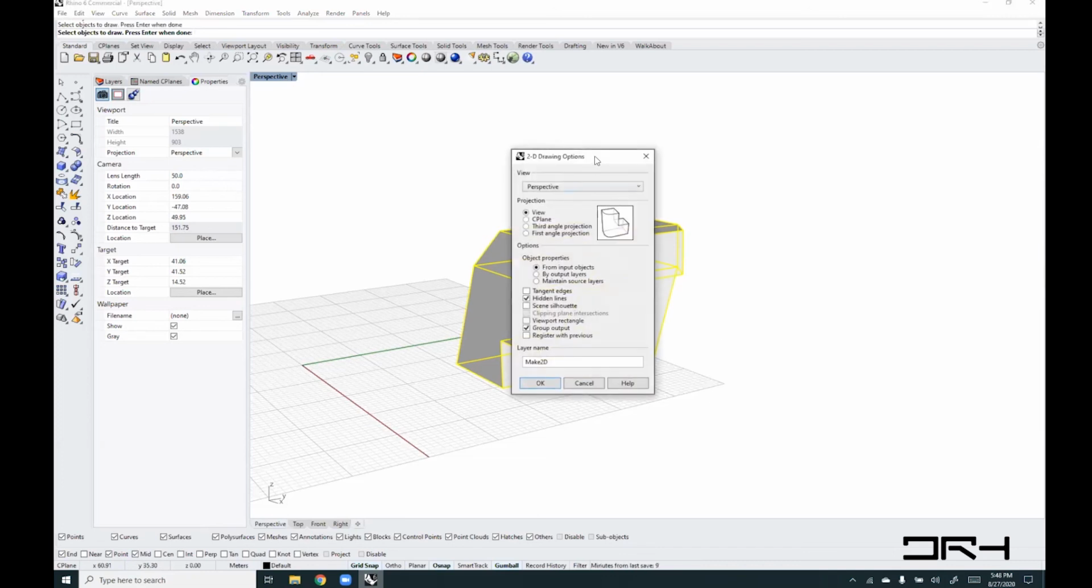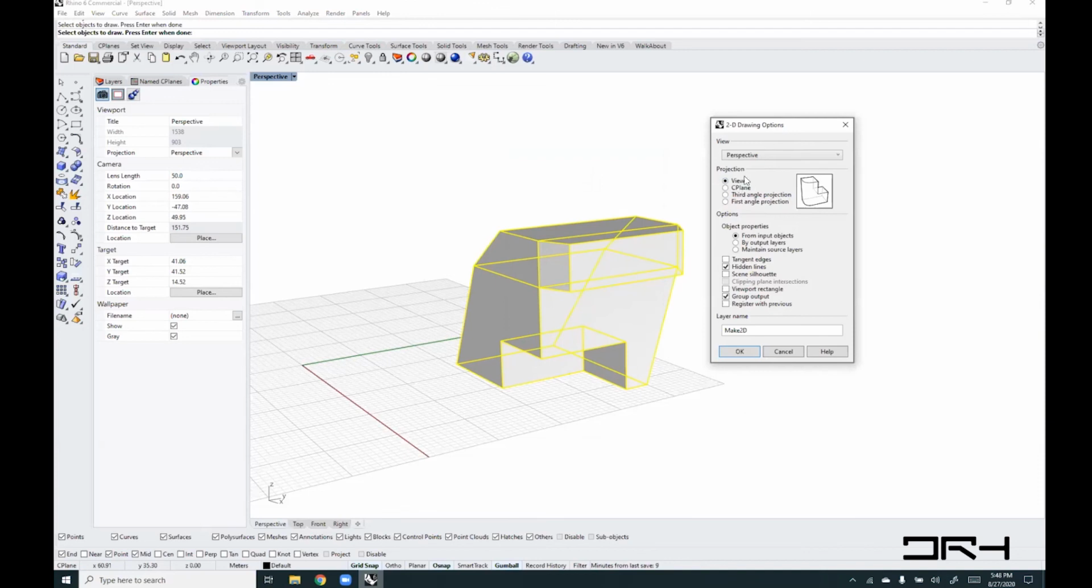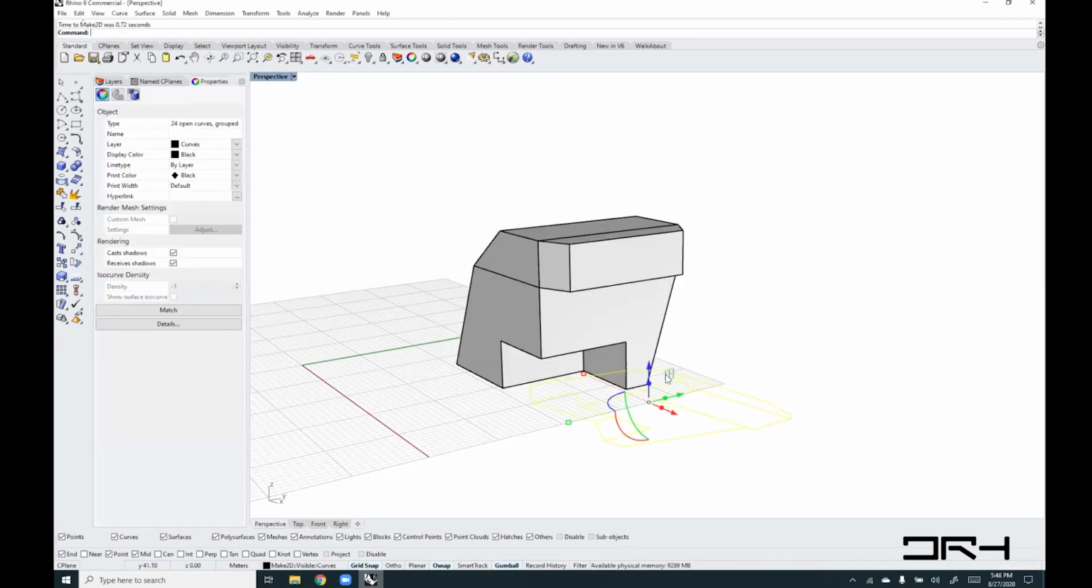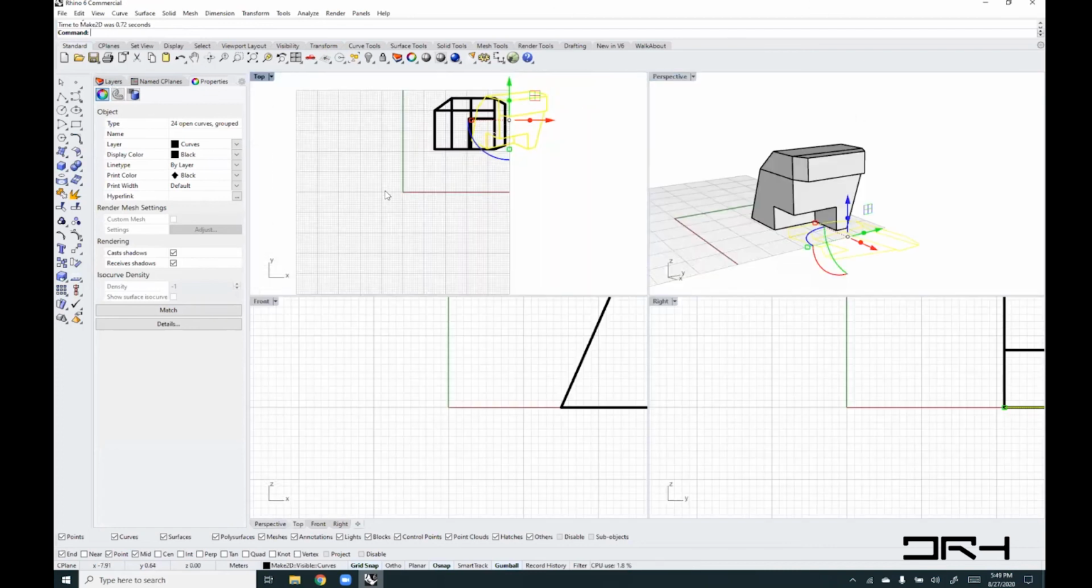Then it gives you options: do you want to just extract whatever you see in the view, do you want to generate the hidden lines or not, do you want to group the output. It gives you a number of options, and it will put everything in a layer and call it whatever you want. By default, it calls it Make2D. Let's say okay. And what you see now in top view